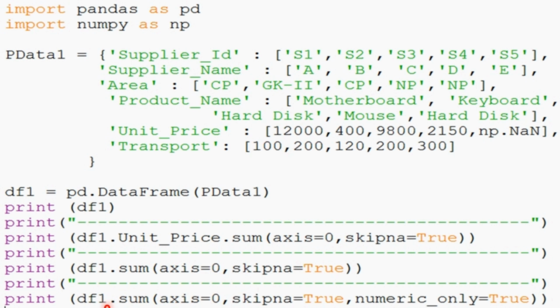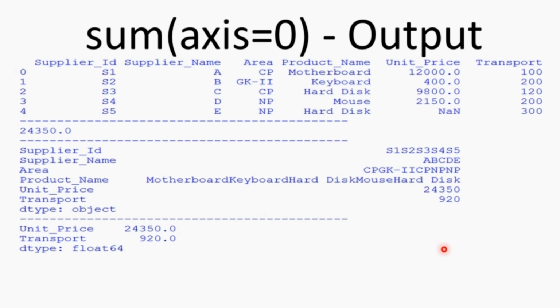In the next command we have given data frame name dot sum, axis equal 0, skipna equal true, same meaning. Then numeric_only equal true means only numeric values' sum it will find, and the rest of the values it will not calculate, not use. So see the output. This is the data frame we have defined.